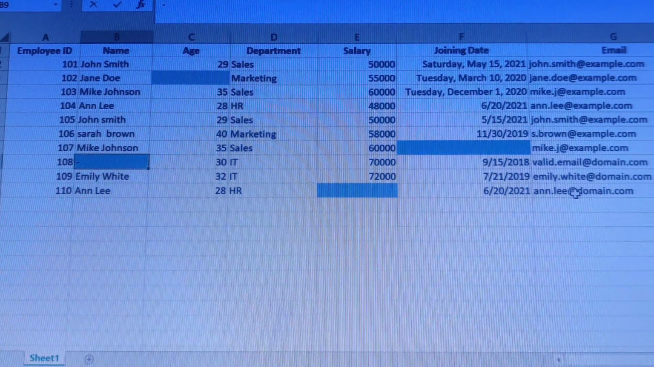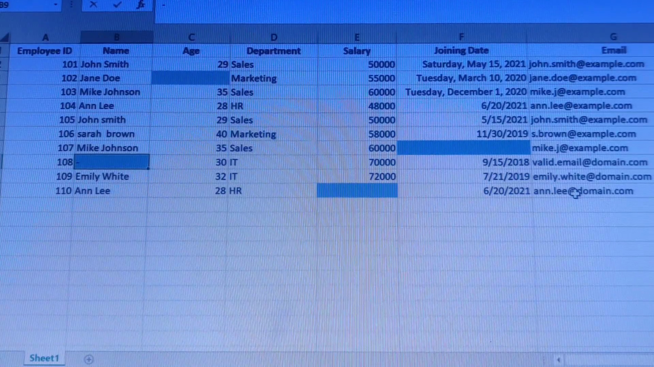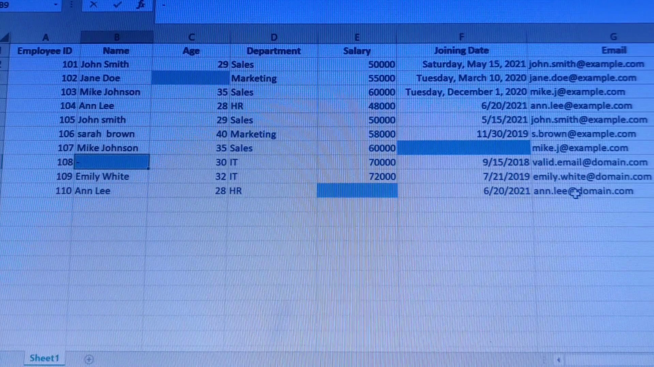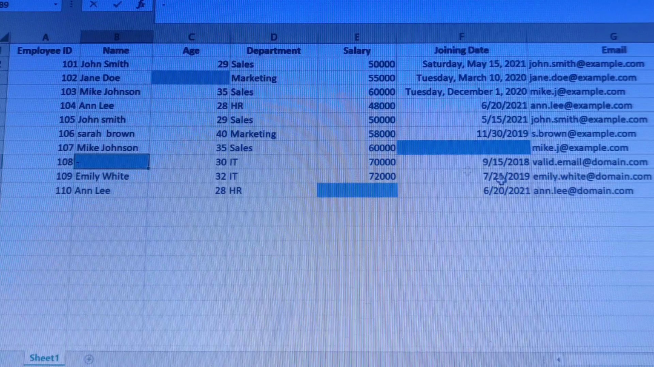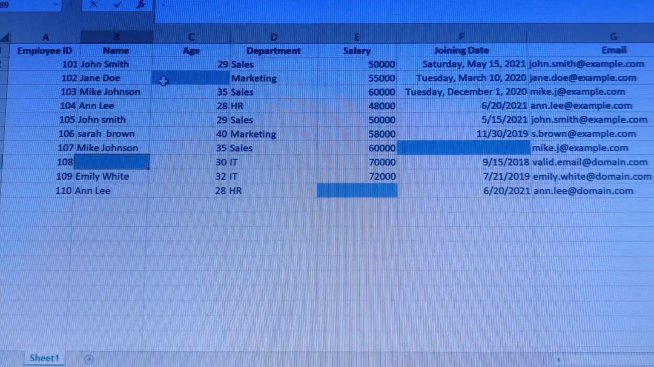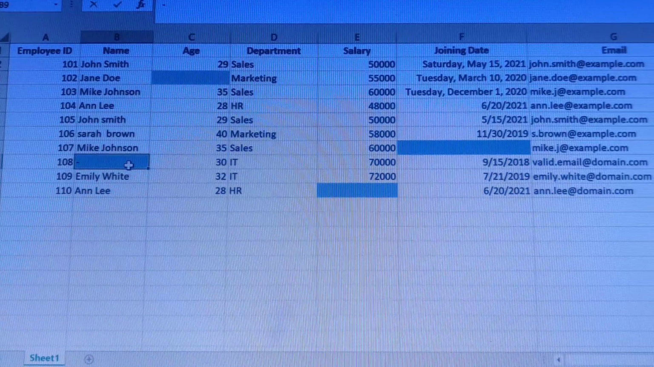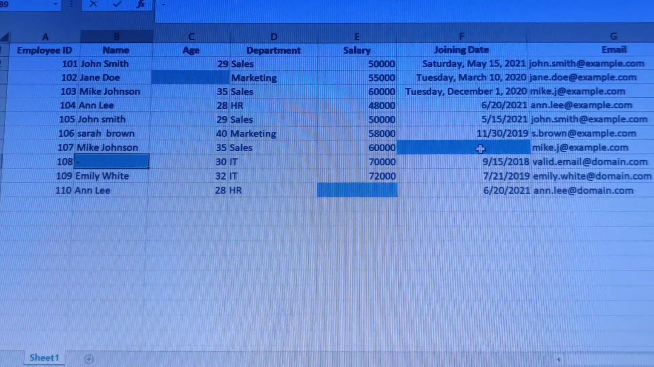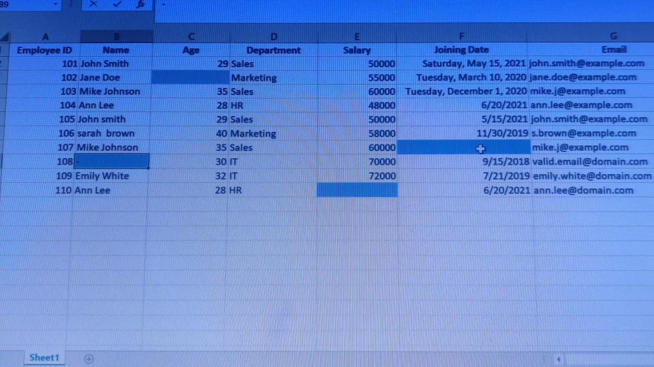check with the owner of the data, trying to check with the company or the person that you're handling the data on behalf. So in this case, I could have contacted the company and asked them if they could provide me with the age of Jane Doe, or the name of employee ID 108, or the salary of Ann Lee, or the joining date. If they can't provide me with the data, now it is upon me to